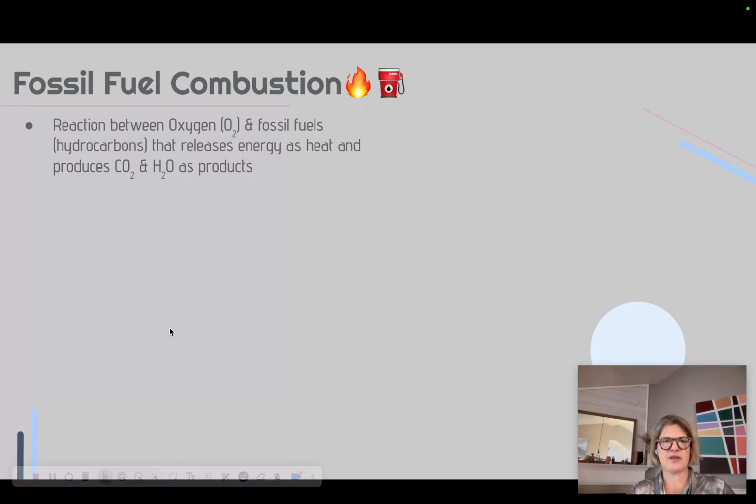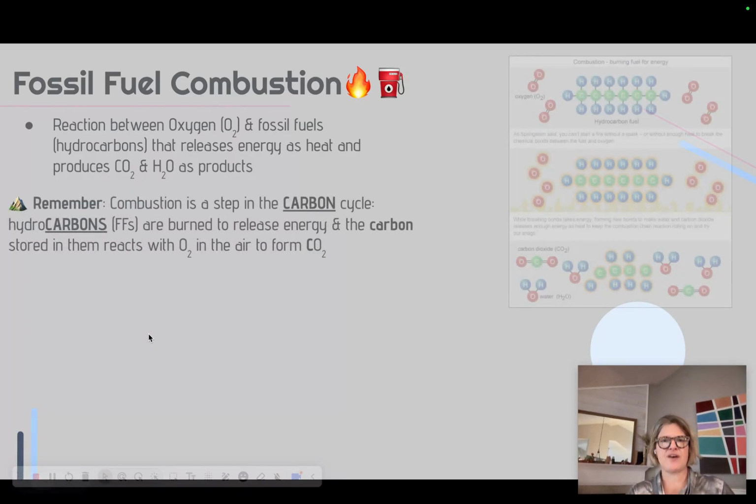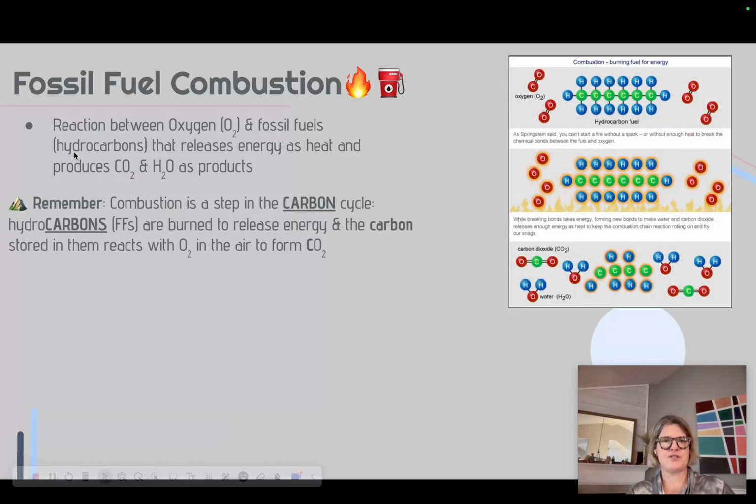All right, so fossil fuel combustion. Fossil fuel combustion occurs when we mix oxygen with those hydrocarbons. Now, when I say fossil fuel, I want you to just think hydrocarbon. And so this is what a hydrocarbon is. If we look at this molecule over here, it's a long string of carbons. That's where the name carbon comes from. And then hydro refers to all of these hydrogen atoms that are attached to those open bonds